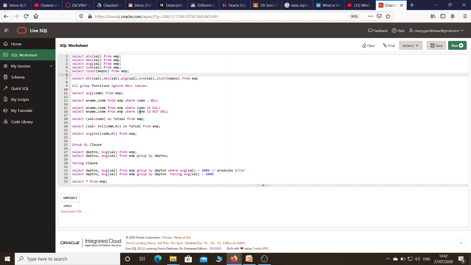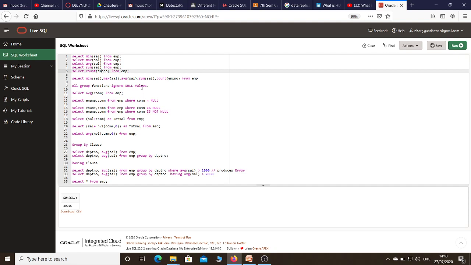Then suppose I want to count how many employees are there in the employee table. For that purpose, how can I write a query? Select count in bracket employee number from employee. While specifying the attribute name with count, you need to select an attribute which has a unique value.